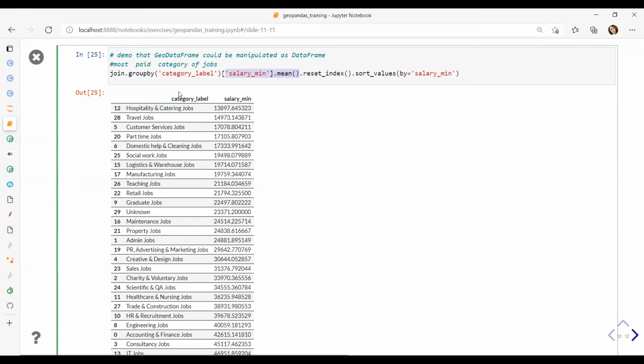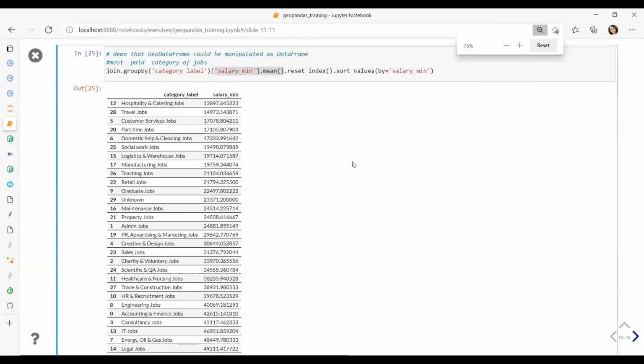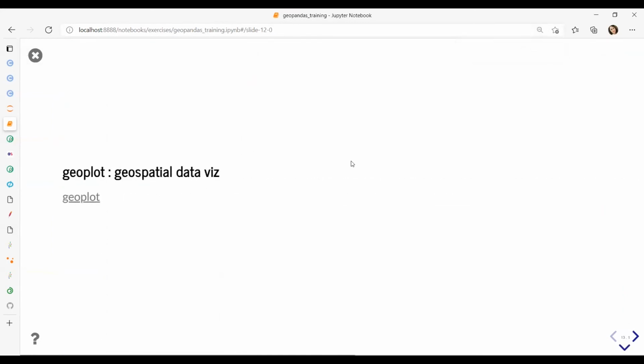So in this step, we just did a summary of our geospatial data frame, or geographical data, and received some statistics.